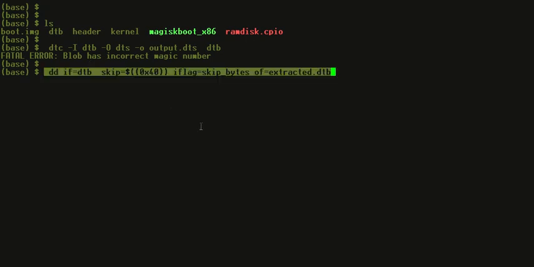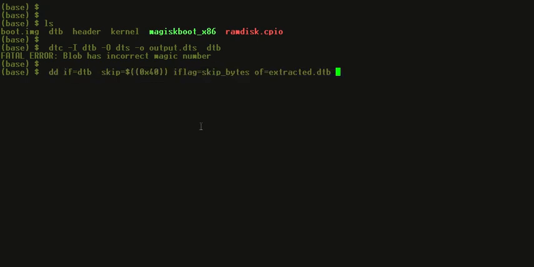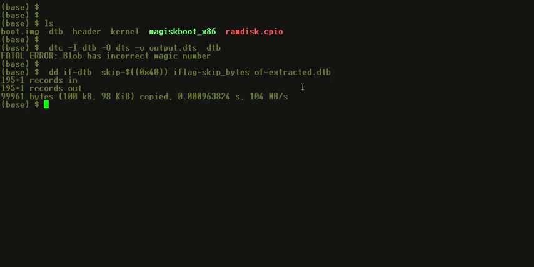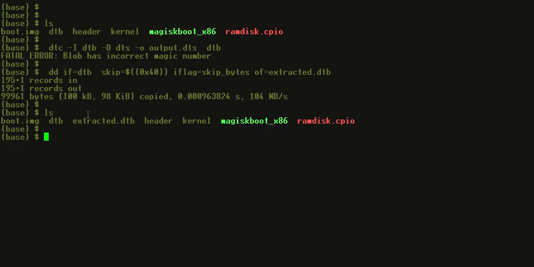Now let's run this command. Basically, we are skipping some bytes in this DTB to get the converted DTB in correct format. Okay, I will press enter. Okay, and now we have this extracted DTB. Now we will again run the decompile command, not on the original DTB, but on this extracted DTB that we just obtained.